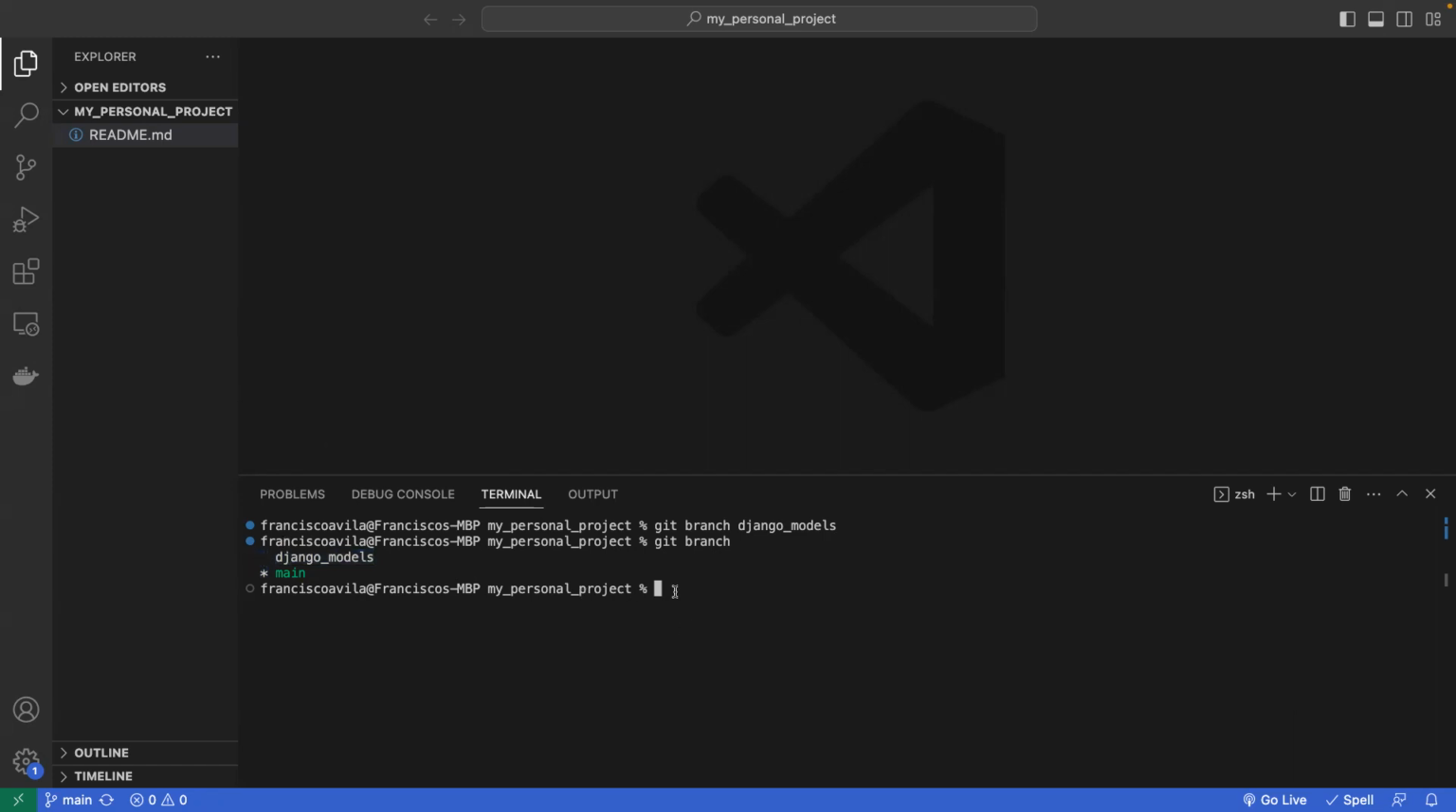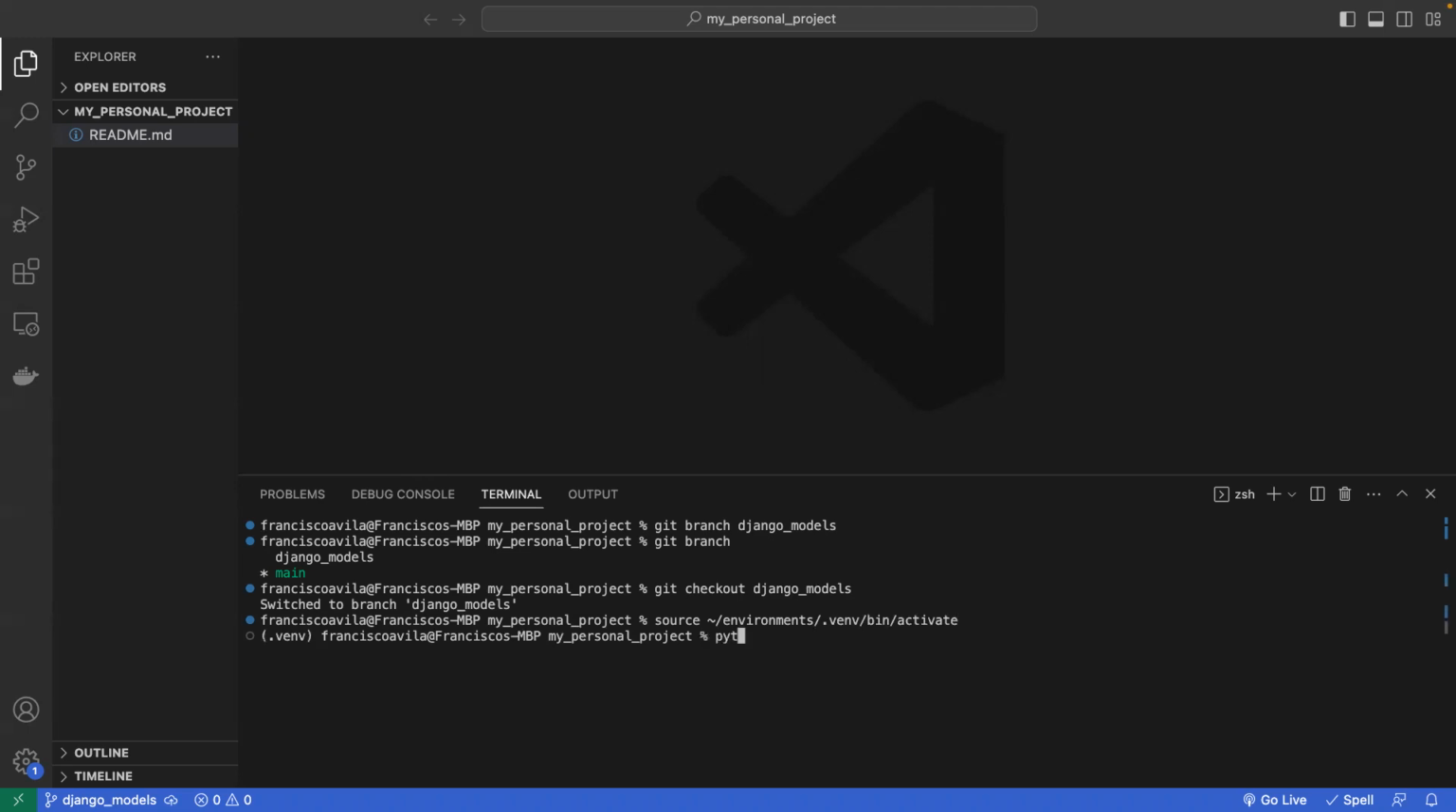So now in order to get on my Django models branch, I can just say git checkout Django models. Okay, so now I have this Django models. And let's just say that the first thing I want to do is start my Django project, right? So I'm going to go ahead and activate my virtual environment. And then now I could just say django-admin